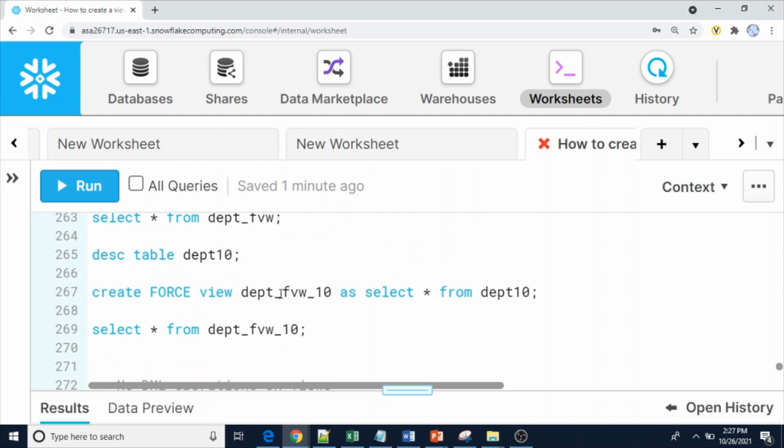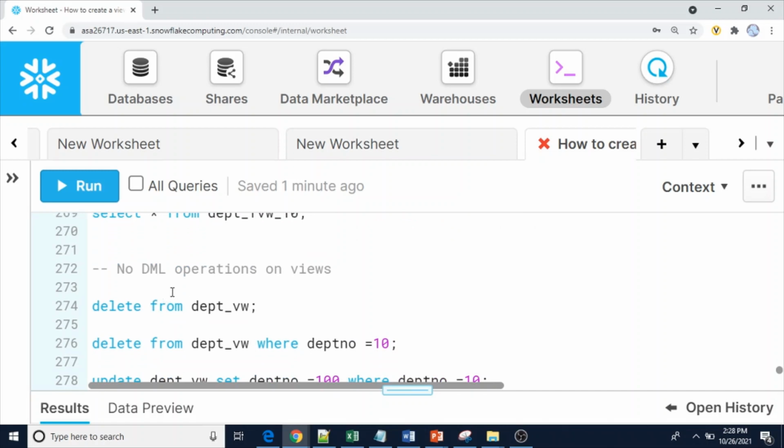That is about force, and why this force keyword is available in Snowflake. This is for compatibility. Suppose you are going to migrate from Oracle to Snowflake and you have 100 views which are having the force keyword. Then you need not remove the force keyword to compile those views in Snowflake. If force view was not supported, then you would have to remove that force keyword before compiling into Snowflake. To avoid that problem, the force keyword is available in Snowflake.